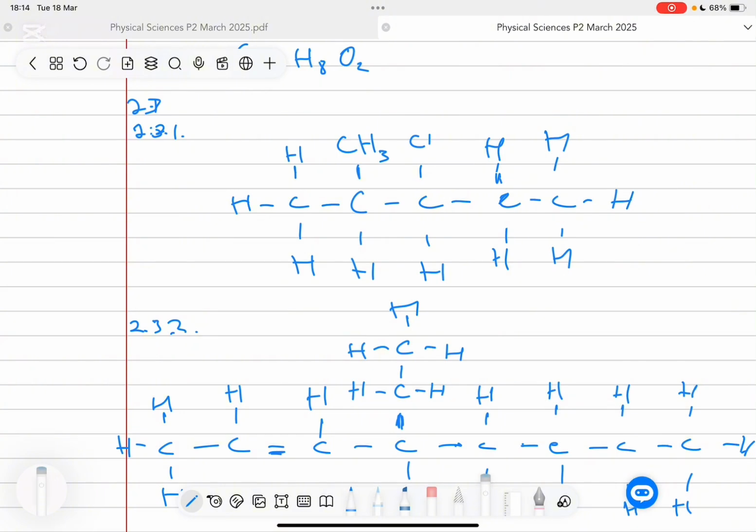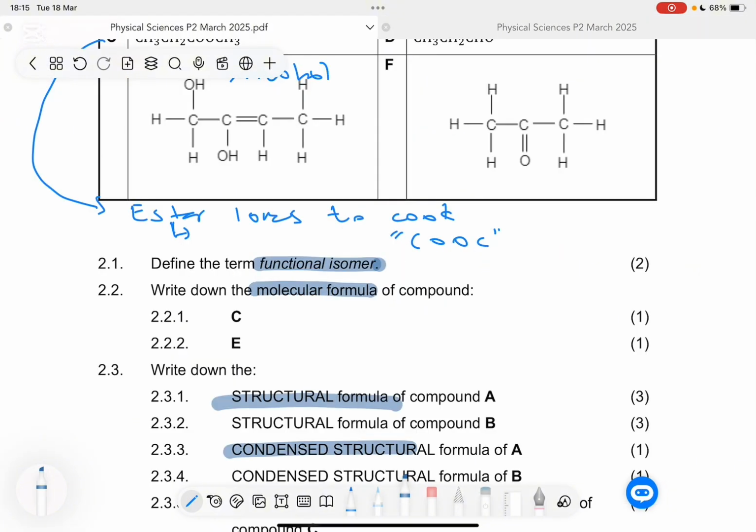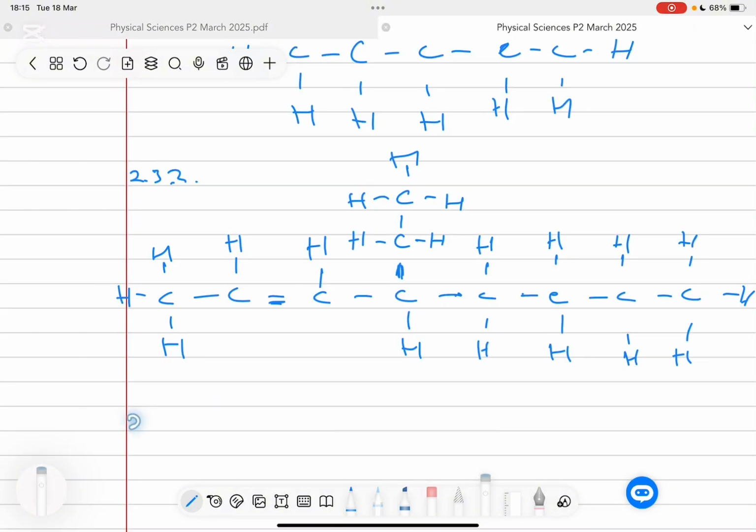Remember, to condense is to compress something. We are compressing these hydrogens so that we now write them as things like H3. This would be the C and the 3 carbons. And here you're going to also have CH, and then we're going to put brackets to say this is a branch, this is a methyl group, and so on. So doing that on our 2.33,